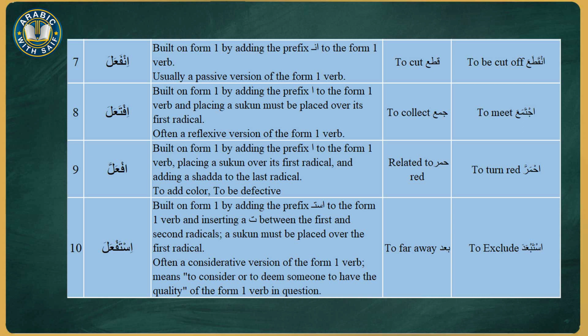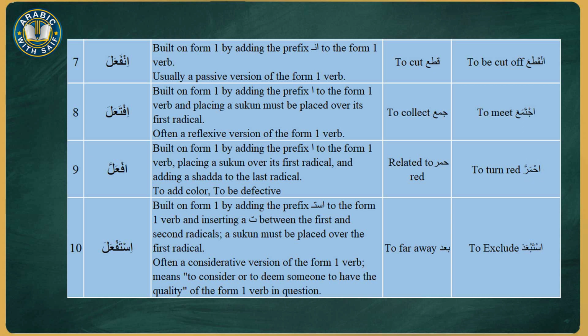The form number 9, افعل, built on form 1 by adding the prefix alif to the form 1 verb, placing a sukun over its first radical, and adding a shadda to the last radical, used to express color or to be defective. For example, the root حمر means related to red. On the measure of form افعلّ, احمرّ